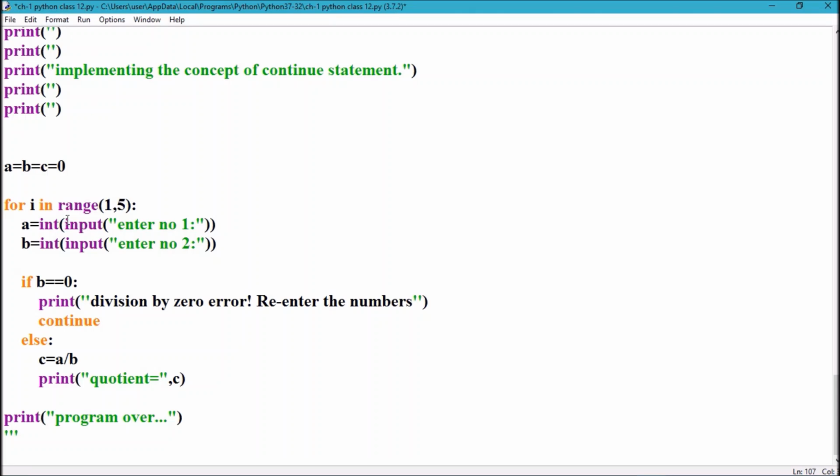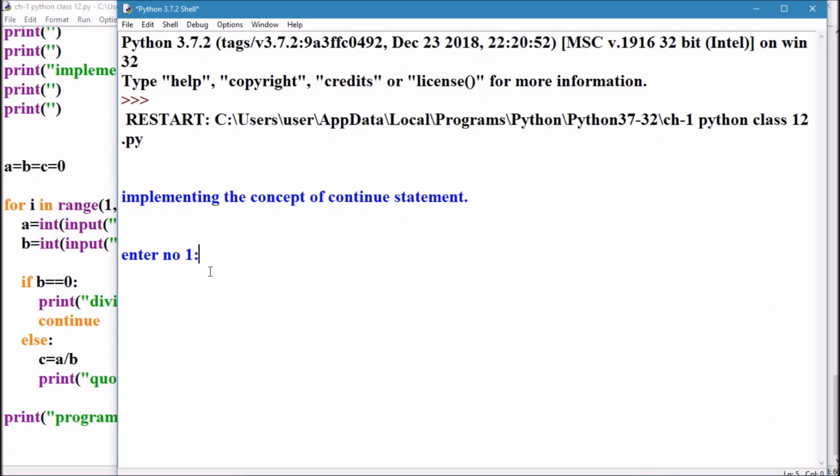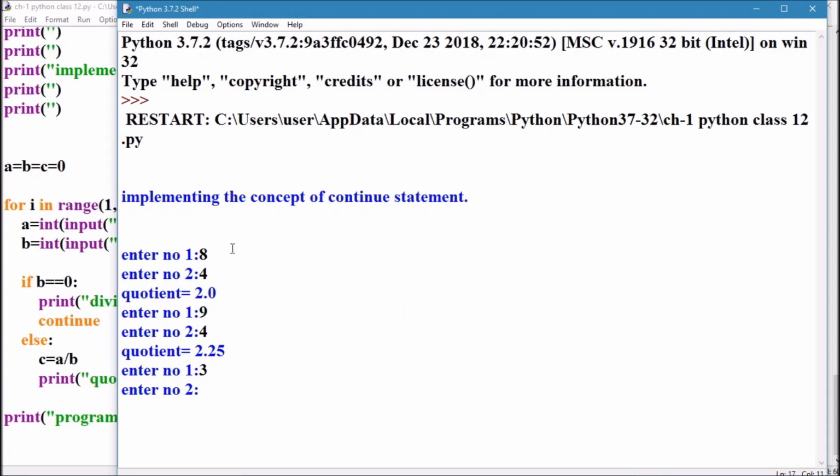Okay, so let me execute this program. It is the same program, but I have used continue instead of break. It is asking for the numbers. Let us say we are dividing 8 by 4, you will get 2. We are dividing 9 by, say, 3. The next number is 0. So this will be your error condition, right? See what the outcome will be now. Division by 0, re-enter the numbers. Next, again I will be giving